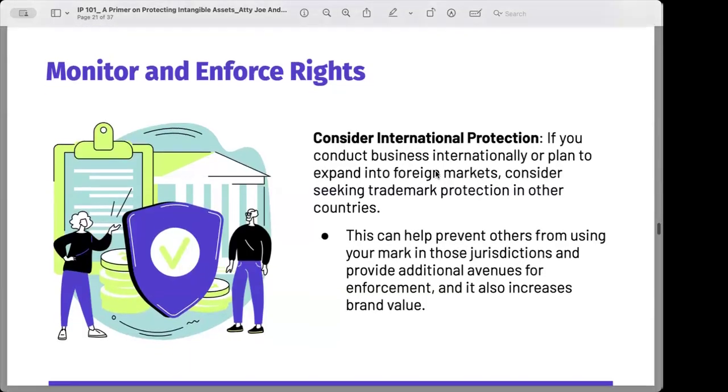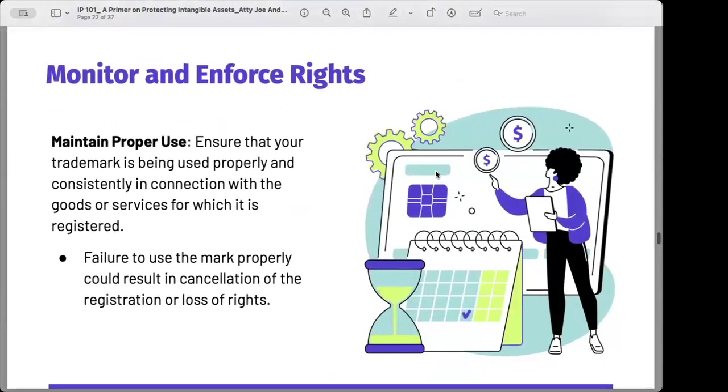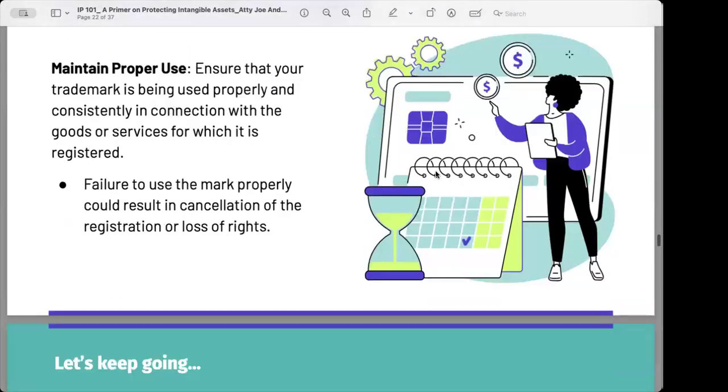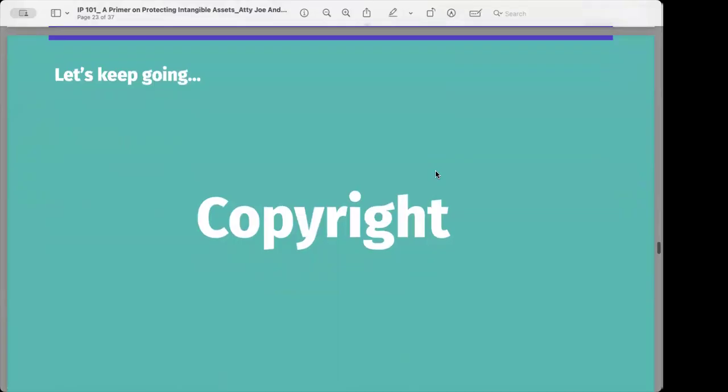You want to register your trademark and get the circle R, and then you want to maintain continuous use of it and continue enforcement of it throughout the time that you're using it. And some organizations, they'll use one for a while and they'll kind of stop using it, but they'll sort of be like, wait a minute, we have to do certain things to maintain some use of this to protect it, so nobody comes along and uses one of our old trademarks. They can be really valuable. Okay, we'll move on now